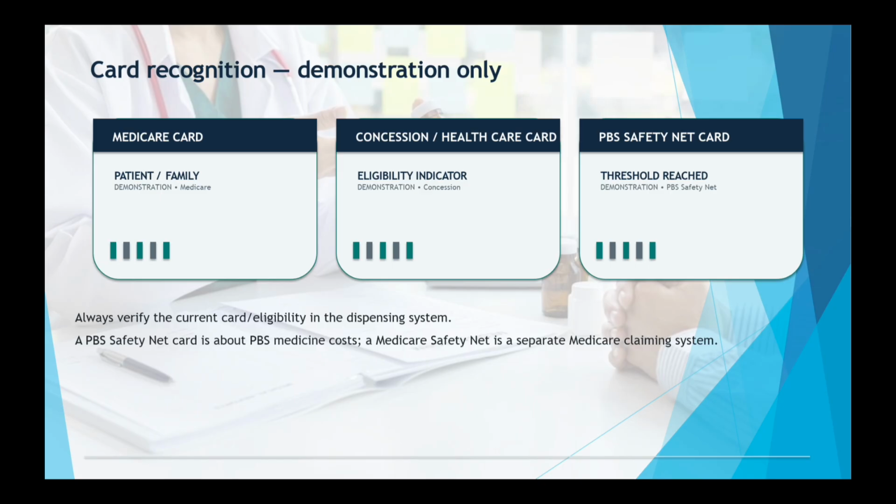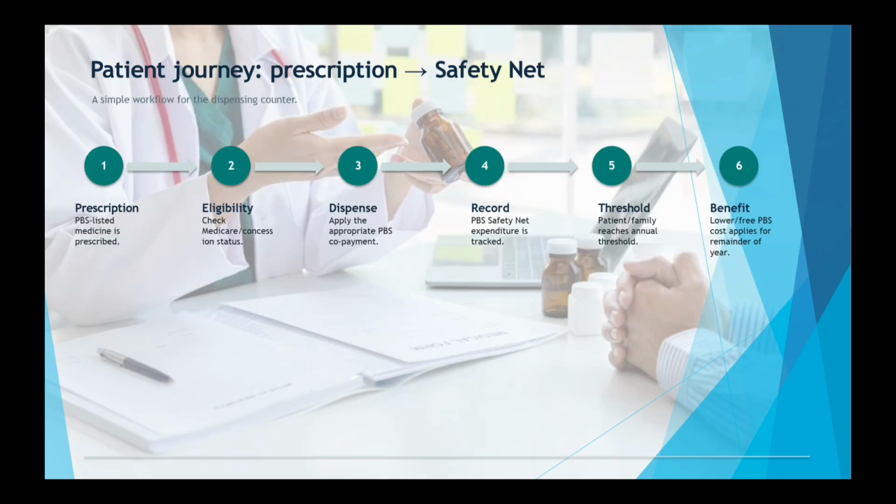Okay, patient journey, prescription safety net. I'll show you the journey of how the safety net works. At first, a PBS listed medication is prescribed. For example, one of the medications is prescribed, and they come to the pharmacy. We check for eligibility, and check Medicare concession status. For example,